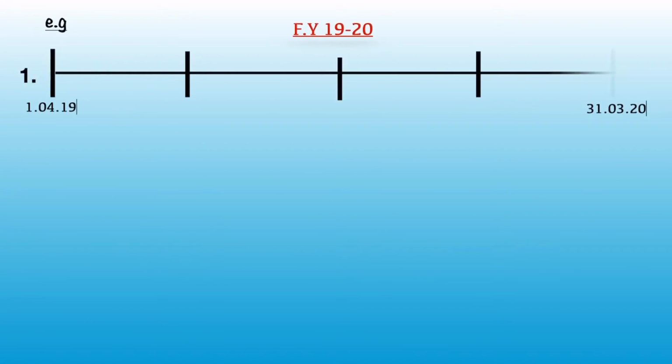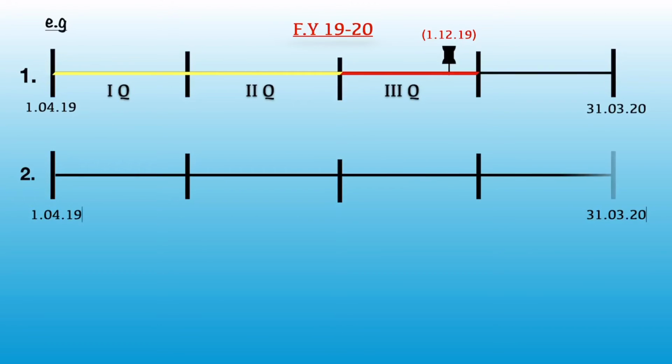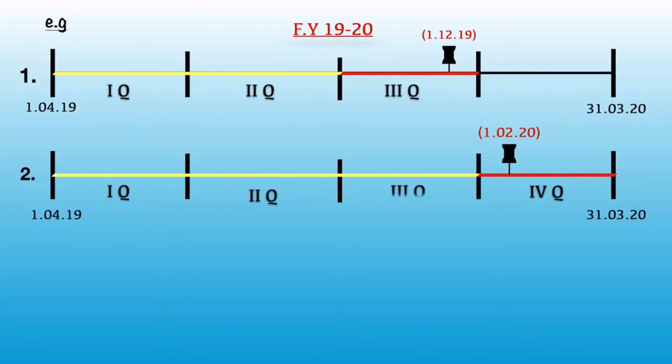Let us take the financial year 19-20. Suppose the interim dividend is declared on 1st December 2019, which falls in third quarter of the current financial year. Then preceding quarters' profit can be used for distributing interim dividend, that is the profit of the first quarter and the second quarter. Example number 2. Suppose the interim dividend is declared on 1st Feb 2020, which falls in fourth quarter. Then preceding quarters' profit, that is the profit of the first quarter, second quarter and third quarter, can be used